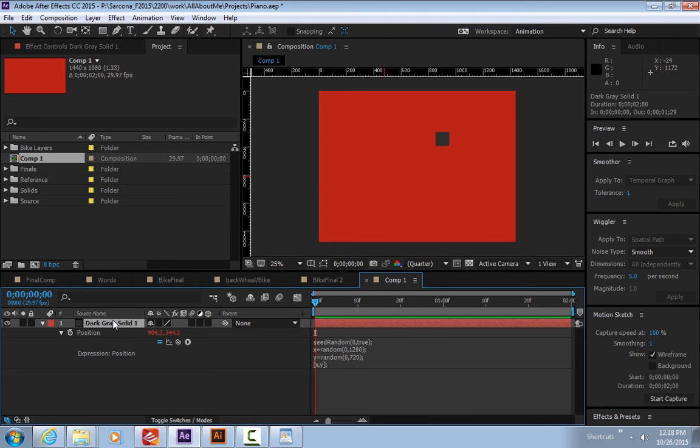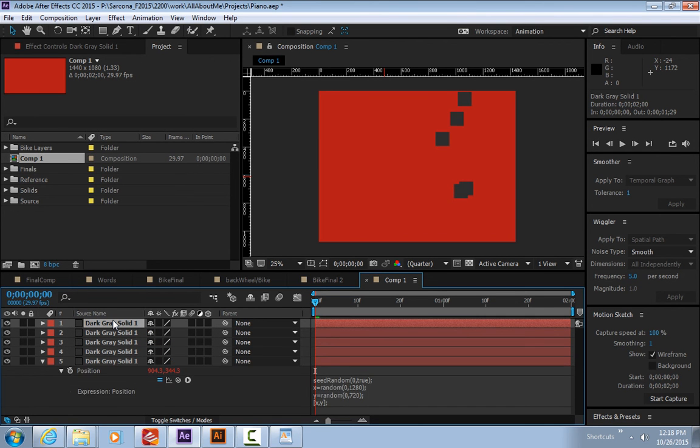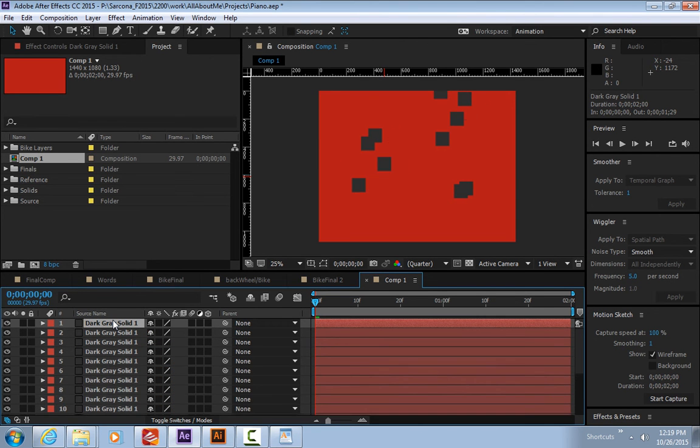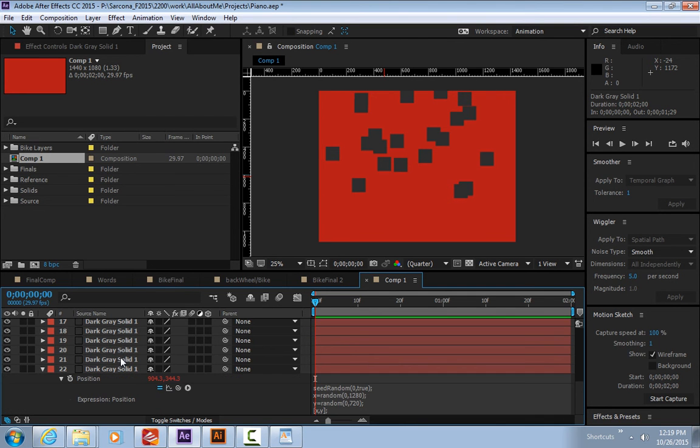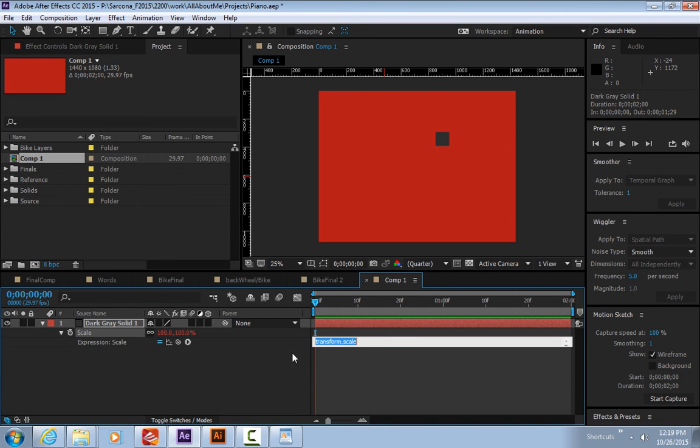But then watch what happens when I duplicate it. Very quickly I can populate this entire screen with a bunch of randomly positioned objects. Now here's where we can take this a step further: I can also do this for scale. I'll do the same thing: seed random, 0, comma, true. And then I'll say